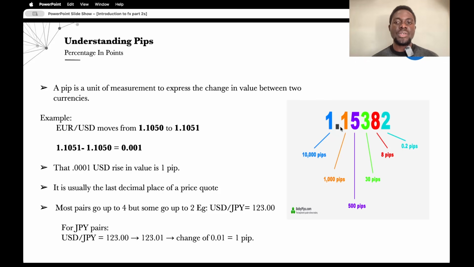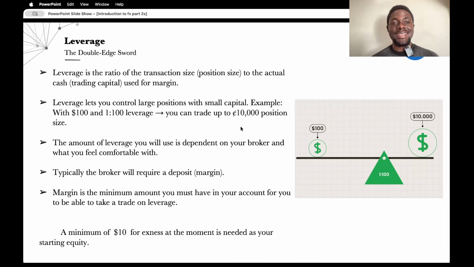The fifth number is thousands of pips. So if the Euro USD moves from 1.15382 to 2.15382, that is 10,000 pips. If you bag 10,000 pips in the market with a good lot size, like a standard lot size,